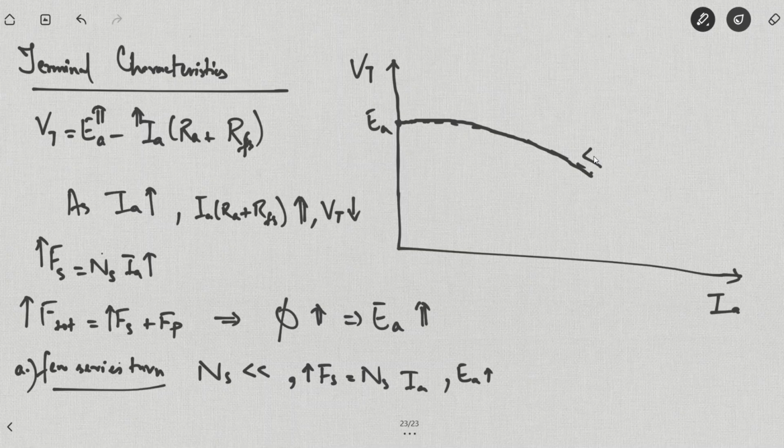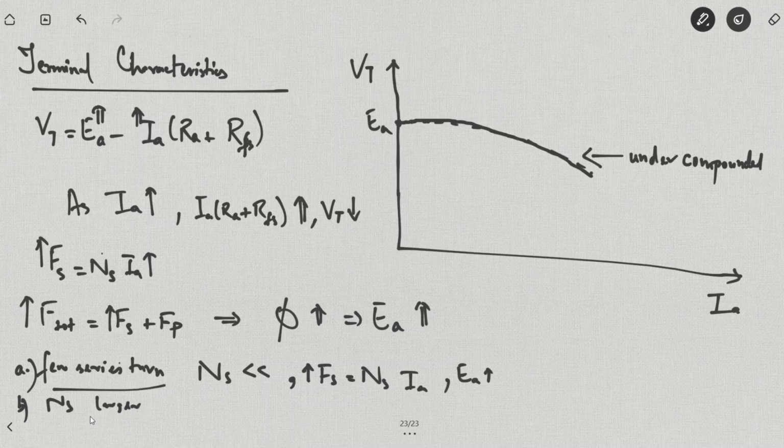So this curve is known as under compound, and in this state the DC compounded generator is known as an under compounded DC generator. Second case, where we have a moderate or average number of field turns,